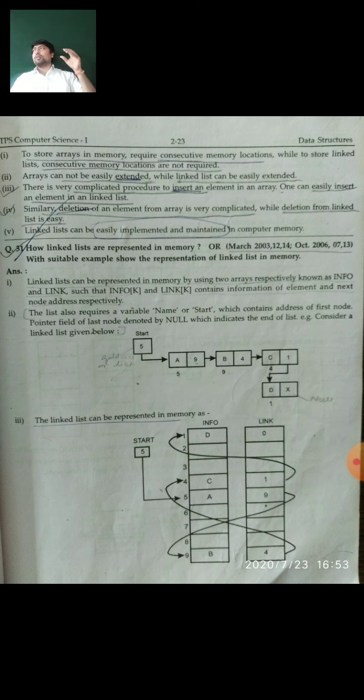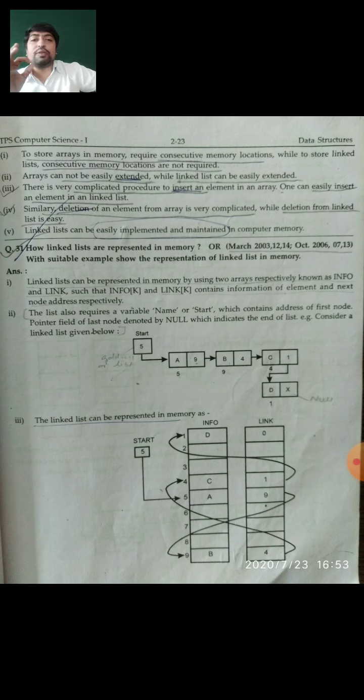If we want to store data elements, there should be consecutive memory locations for the array. We have already discussed how we store data at different memory locations inside the linear array. But in a linked list there is no need to store the data in consecutive memory locations.